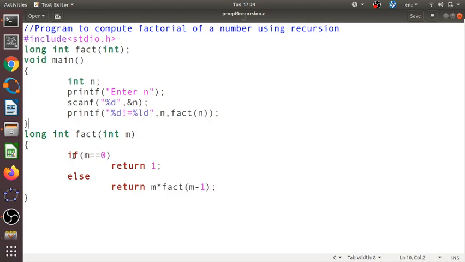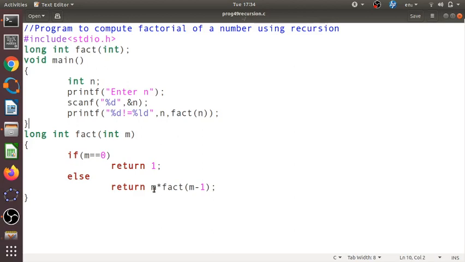Initially it will check whether 3 is 0 or not. 3 is non-zero, so it will return 3 into factorial 3 minus 1, that is 3 into factorial 2. But fact(2) is again a call to the function factorial, so the value of m will be taken as 2. Since 2 is non-zero, again it will return 2 into factorial 1.